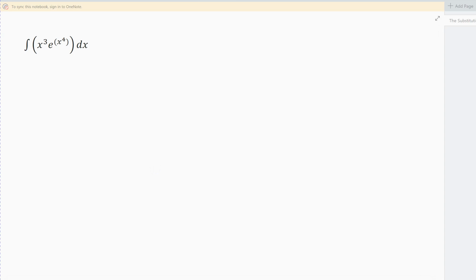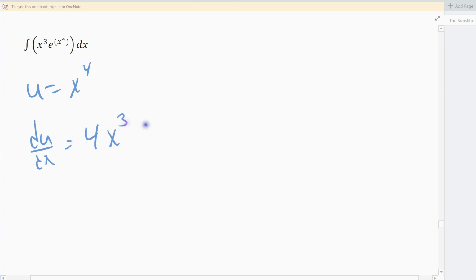And so again, there's three functions here. There's the x cubed times e, which is raised to the function x to the 4th. So x to the 4th is inside the e function, and so that's what I need to let u equal. So u equals x to the 4th. My du over dx is going to be 4x cubed dx, which if I rewrite this,